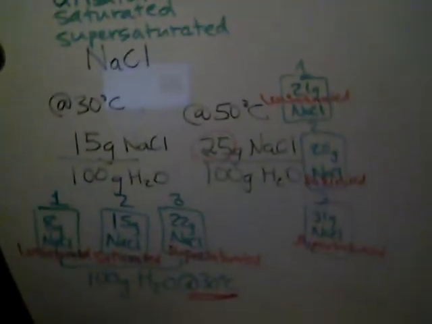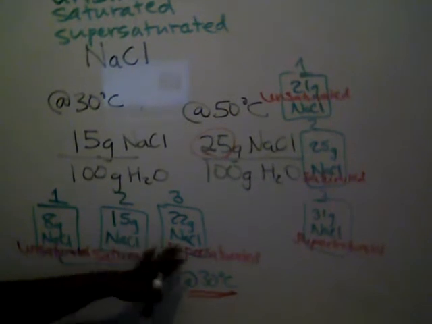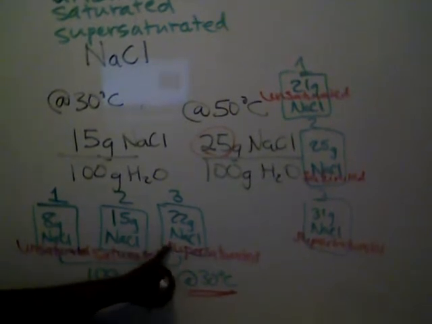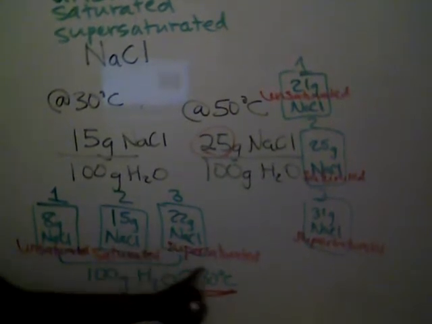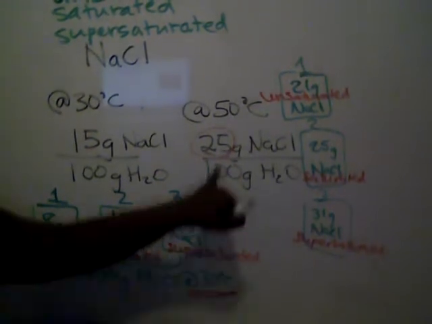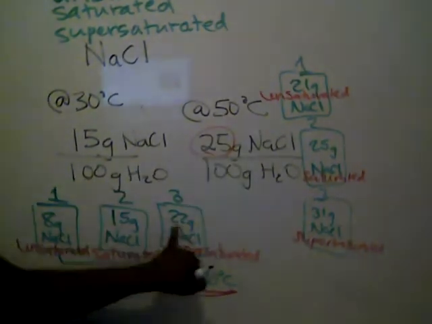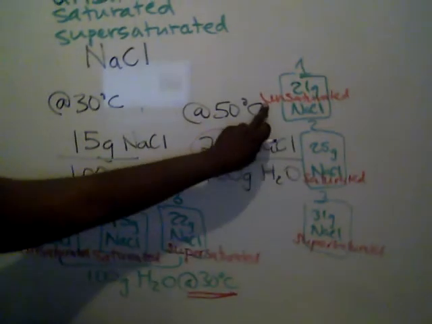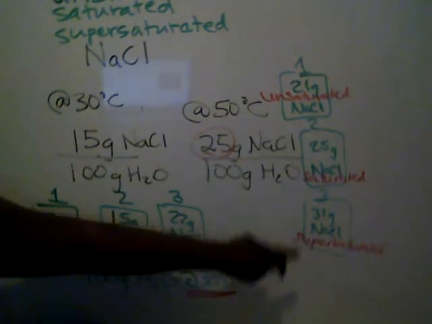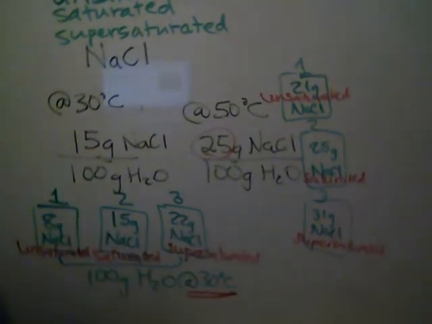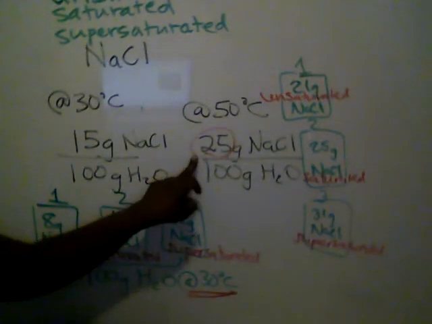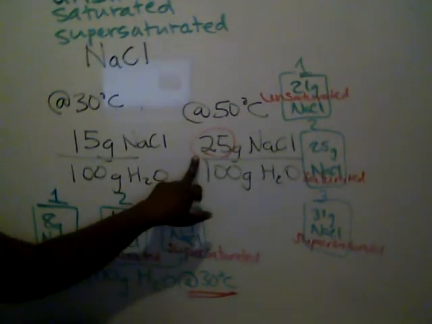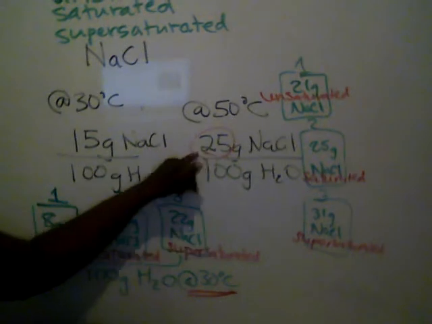And so one thing that we'll compare is that when we had 22 grams when we were at 30 degrees Celsius, that was considered supersaturated. But at 50 degrees Celsius, that 22 grams would be considered unsaturated. So these terms will change depending on the temperature that you're looking at, because the amount of solute you can add will change. So you always want to look at what's the maximum amount that the curve is saying that